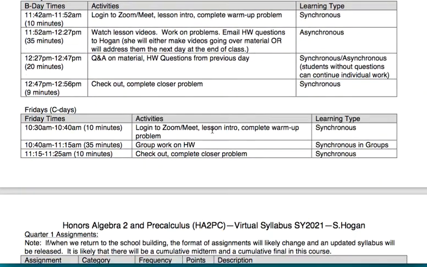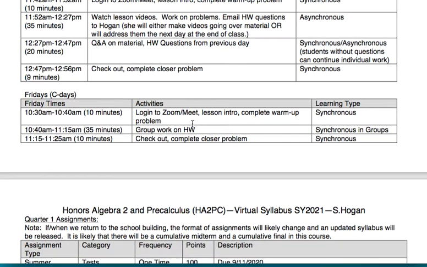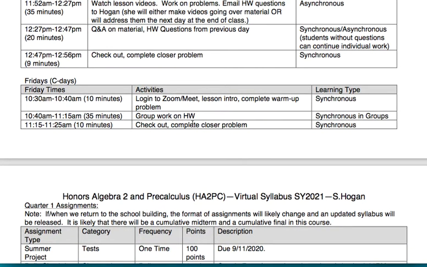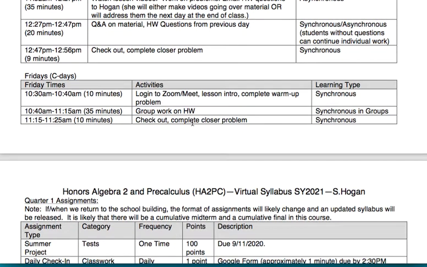So what we're going to do with that is, rather than try and make you cover new material on a Friday, I feel like I originally drafted a calendar that had you doing new material every Friday, and I decided that we are all pushed a little bit to our limits, and that it would be kinder to use Friday as a time for us to get in groups, work on homework, ask questions, and make sure that we're still connecting and we're still learning what we need, because I don't think that pushing you at a breakneck pace is a great plan. You'll see when I show you the schedule in a couple minutes that we are easily going to finish the material by the end of the year.